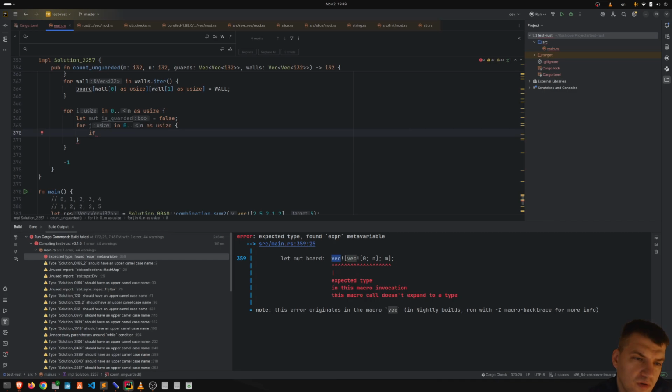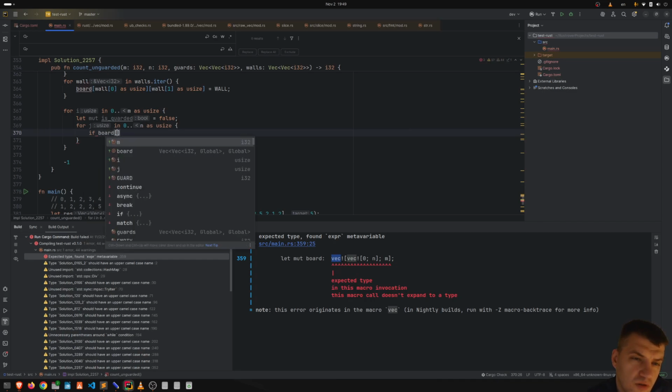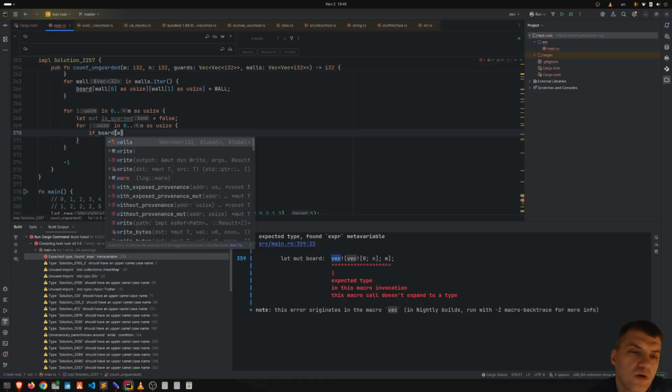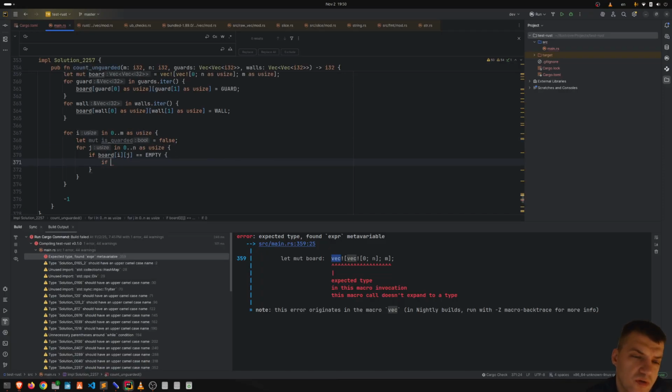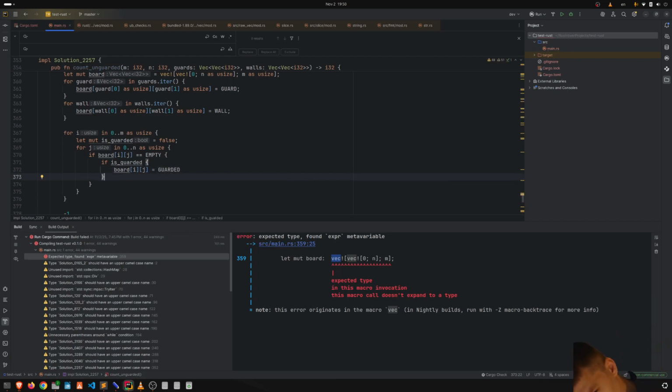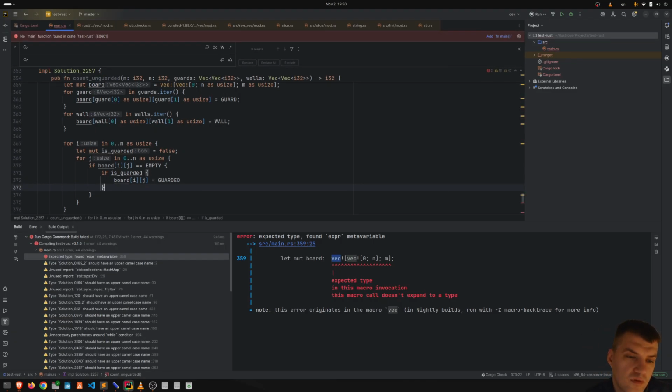if board i j is equal empty, I'm gonna put, if is guarded equals true, I'm gonna put board ij equals guarded. If... else